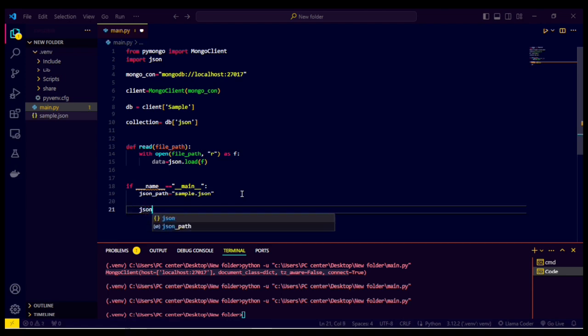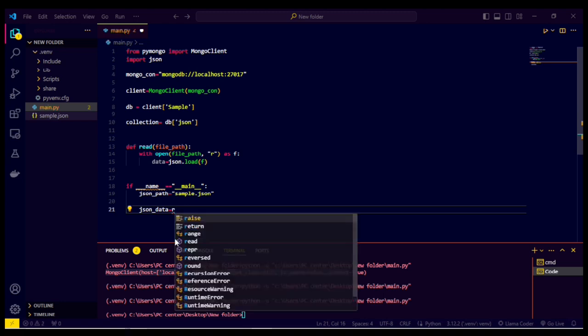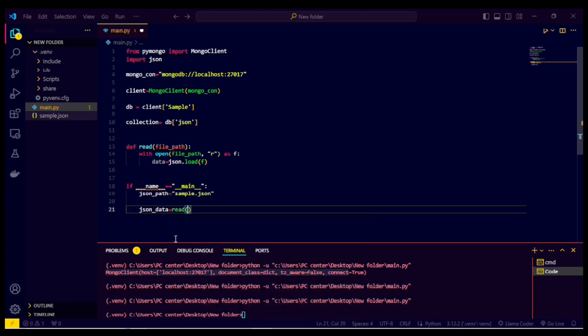JSON data, and there I'm going to give the function parameter with the path. So for this, I'm going to call the read function, giving the path. The path is JSON path, because our JSON variable contains the sample.json, and that's why I have written the